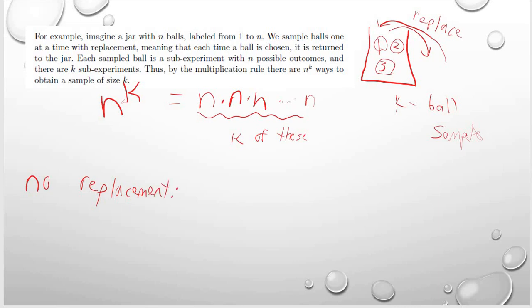That's kind of like our numerator from the birthday problem, where we said we wanted everyone to have a distinct birthday. So now, if we have our slots, we can have n possibilities for the ball that's drawn. But since we don't put the ball back, there are only n minus 1 balls in the jar. And then we'll have n minus 2 after we've already removed 2, and so on. And so we'll wind up with n minus k